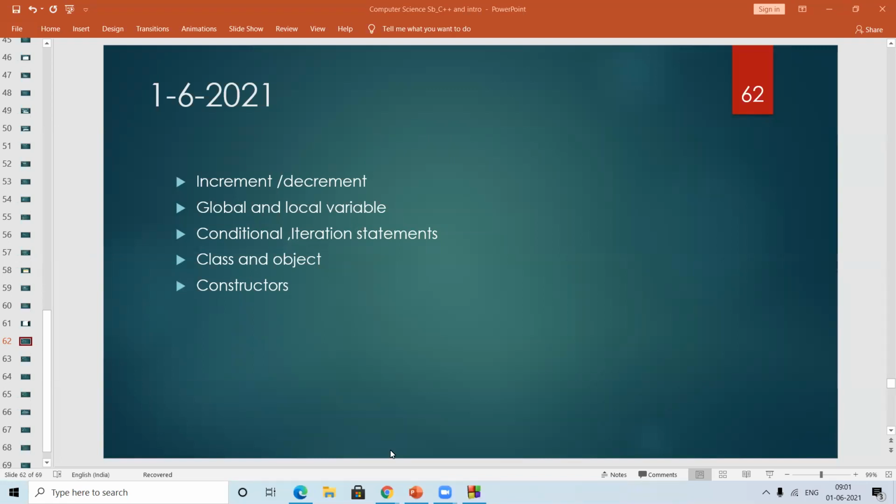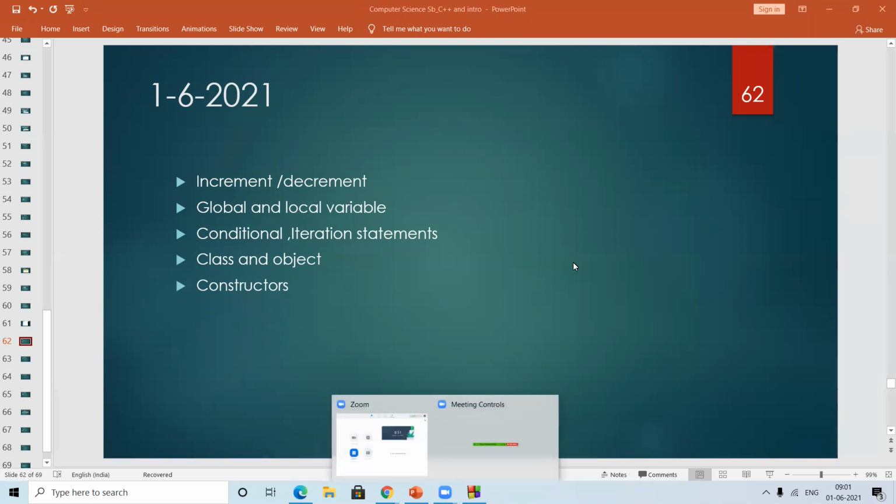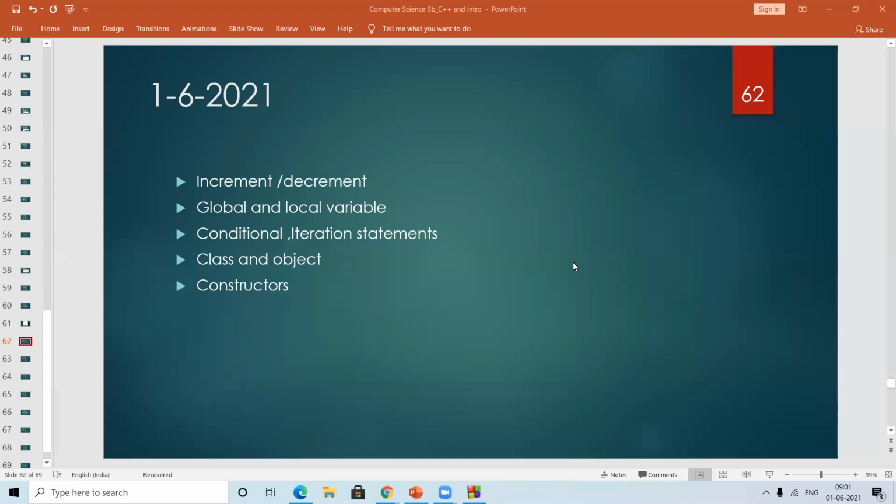Okay. So now what we are going to start is increment and decrement. Till last time we have seen how we are going to use it. Now I hope everyone is ready with whatever software you have, and you remember how to use the basic structure of the programming when you're writing it in the software, correct?